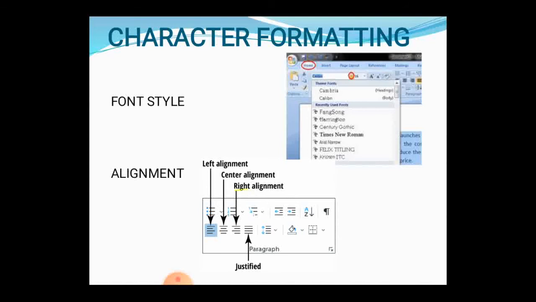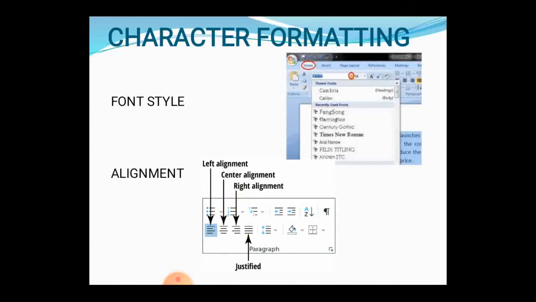Center alignment drags all your content to the center, leaving the white spaces before and after, that is, on the left and the right. Right alignment refers to dragging all the words towards the right, leaving the white spaces on the left.